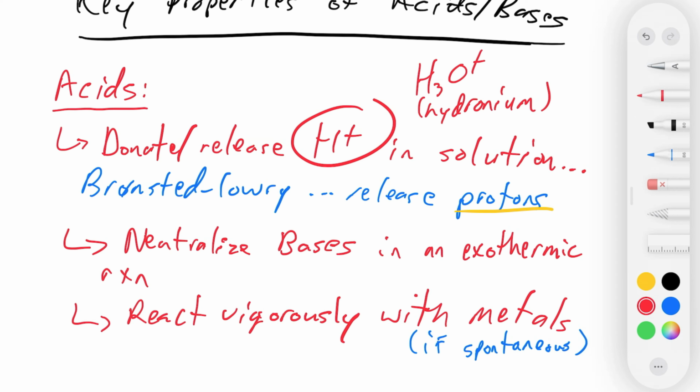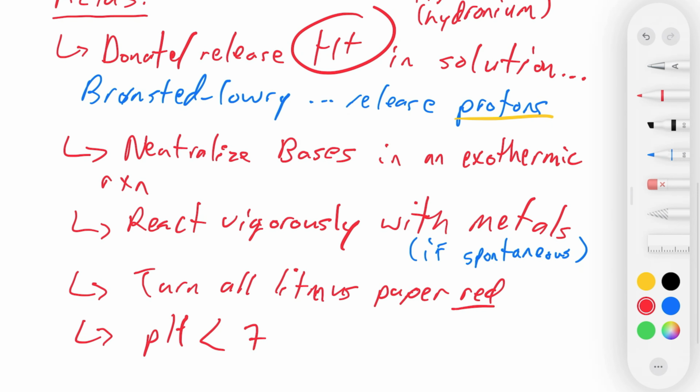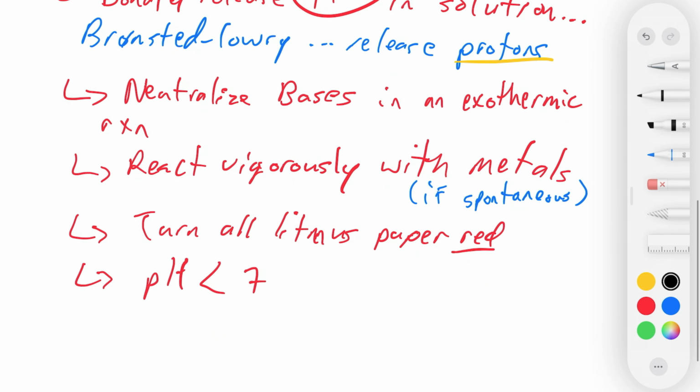Okay. Other common things that we know from acids, they turn all litmus, doesn't matter what kind we're using, blue, red, or neutral, all litmus paper red, and they all have a pH that is under 7. Okay, and it is important to note that we have something called strong acids, and then we have weak acids,